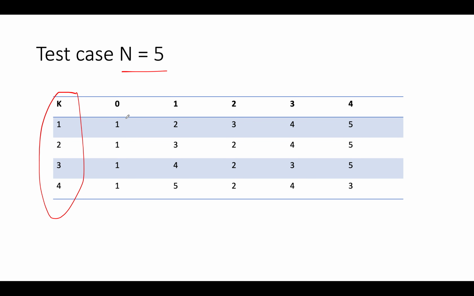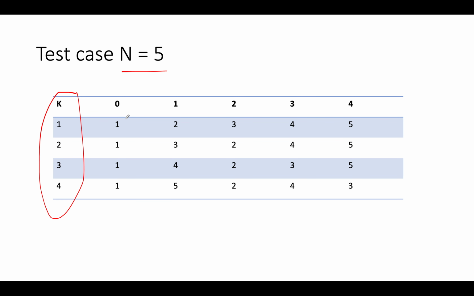So let's talk about the very basic case, k equals 1, and these are the indexes that are highlighted starting from 0 up till 4. The integers are in this order 1, 2, 3, 4, 5, and the difference between all of them is 1, as you can see. Let's talk about the other case, k equals 2. So this time the array looks like this: 1, 3, 2, 4, 5, and the difference between the first two numbers is 2, and then we have 1, 1, 1. So there are two differences, 1 and 2.